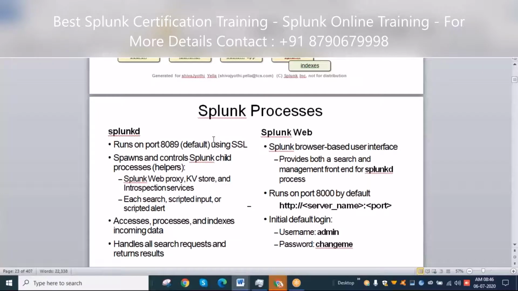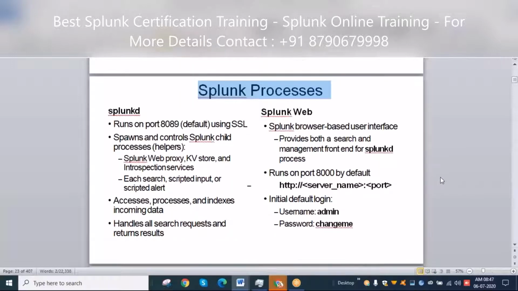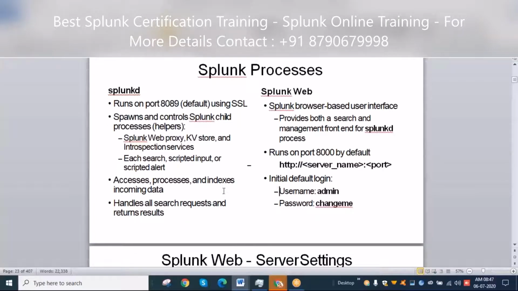Okay, Splunk process. Can you see the screen, the Splunk process? Because in GoToMeeting I could not see this. As I told, these are some processes. For splunkd and Splunk Web, he has given some differences. 8089 is SSL, a secured socket.